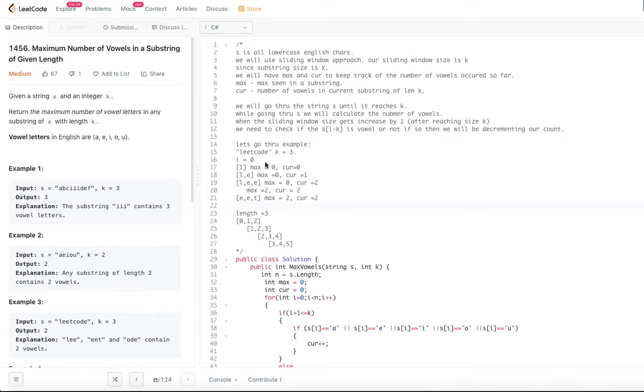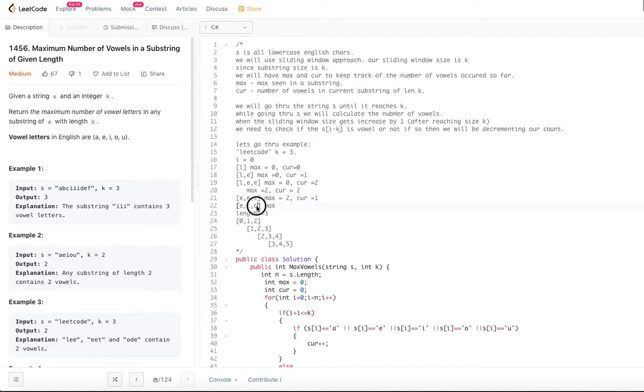Next, when we go to C, we have to knock out the first E, so the window is E T C. But before doing this, we knocked off E, which means we have to decrement cur. Cur becomes 1, because we have to knock off the E.